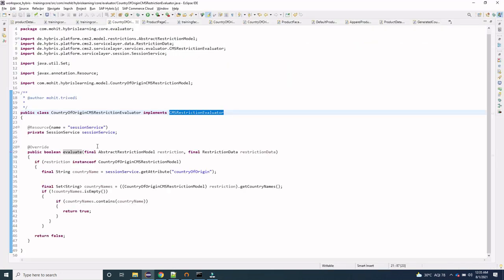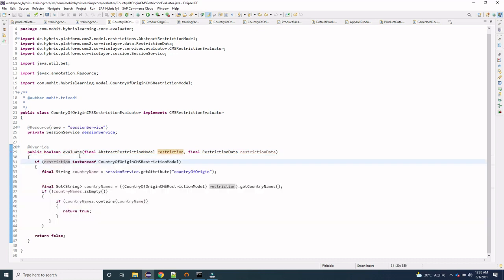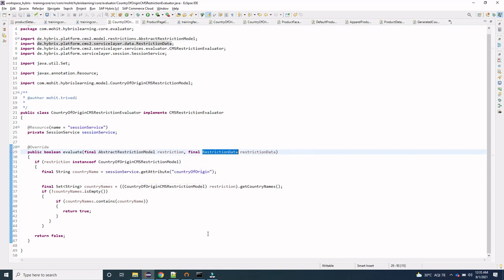And here we are overriding this evaluate method. Now let me explain what this method is doing. Basically this method returns a boolean, meaning either true or false, and as parameters it is taking the abstract restriction model and the restriction data, right?